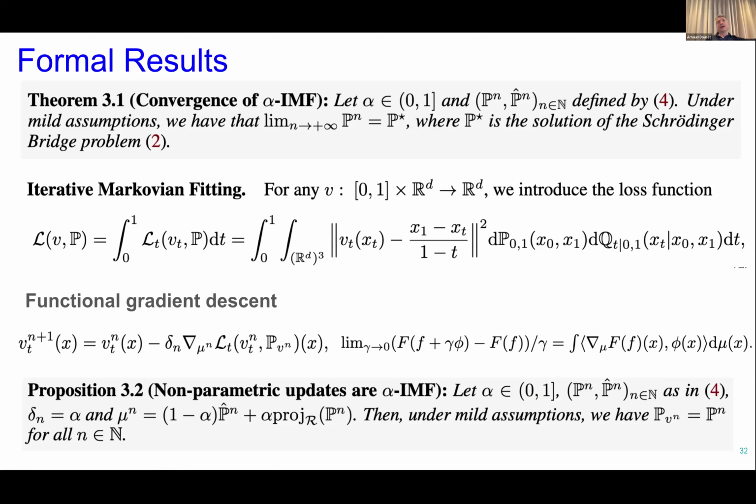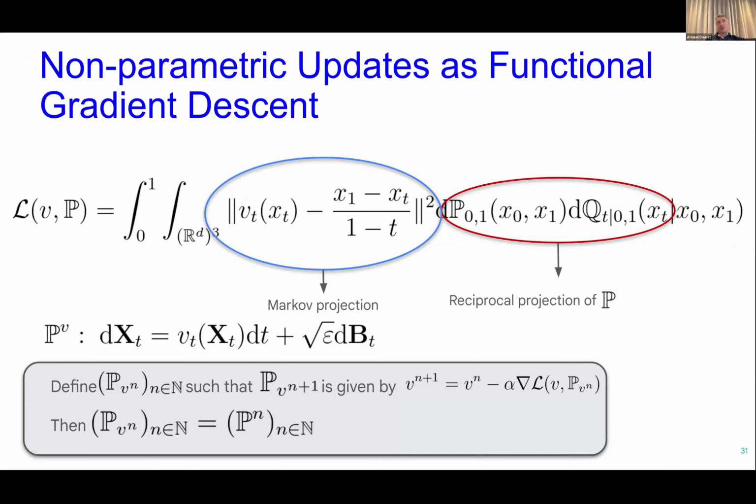I spare you, but this is the kind of idea. So really, we've replaced the problem of this kind of iterative algorithm, which is a bit painful to implement, and we just say, well, it's equivalent to doing functional gradient descent. Okay, functional gradient descent, there's no magic, obviously, because